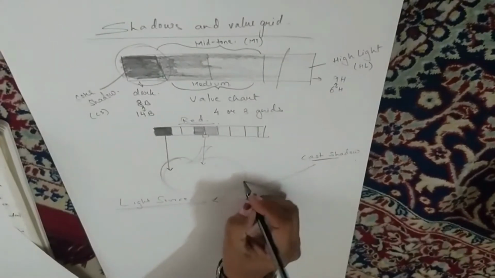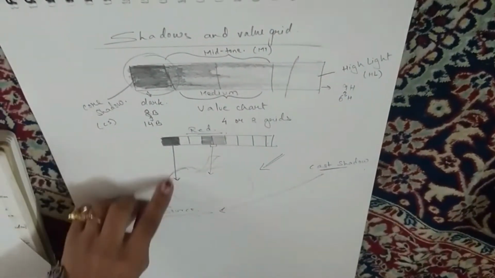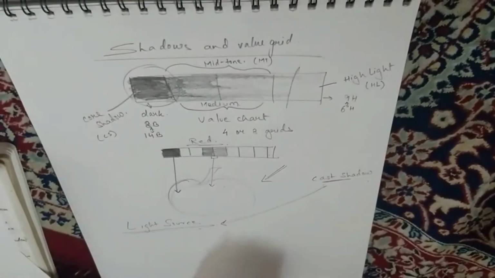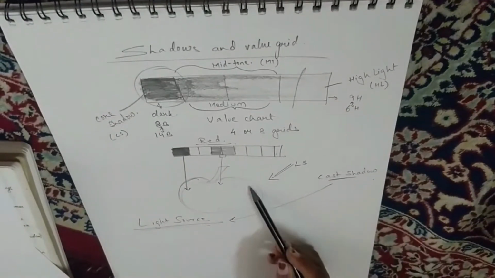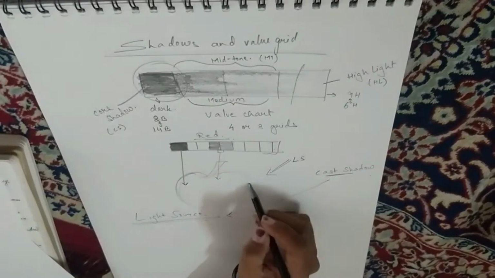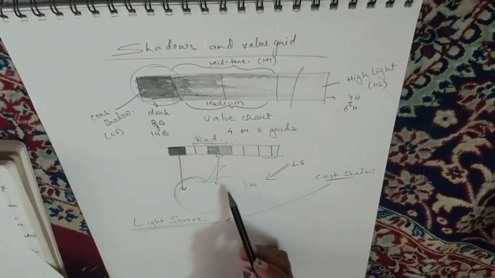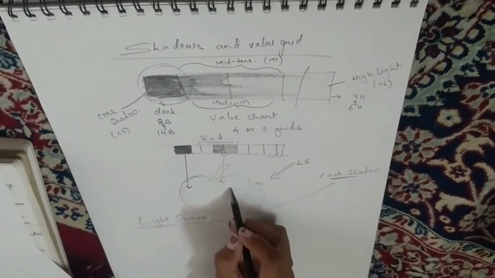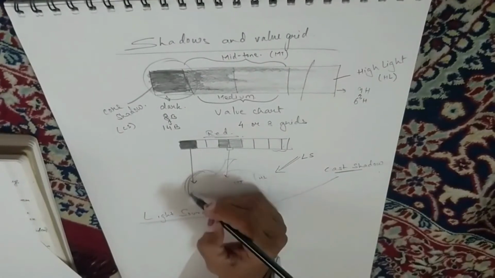Now coming back to the apple, let's say light is coming over here, because we took dark over here itself, so we'll go with that only. So let's say this is our light source. Okay, so obviously this part will mostly be our highlight area. Okay, this much part can become our mid-tone, and this part will be core shadow, right?